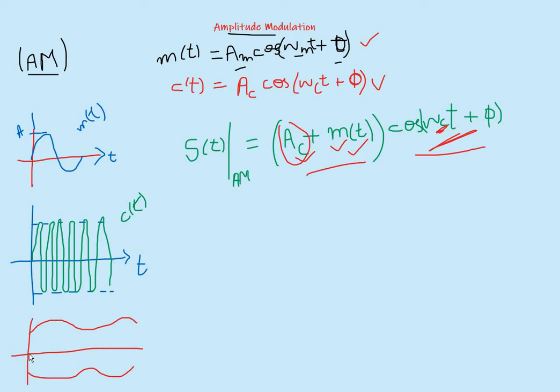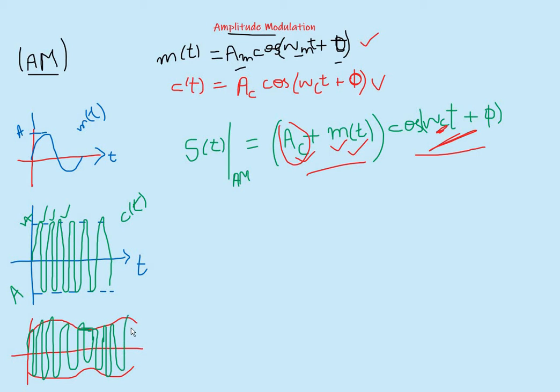Now the carrier signal's amplitude is changed according to the amplitude of the message signal. So this is the carrier signal. The amplitude of the carrier signal is changing according to the amplitude of the message signal. Here the amplitude of the message signal is less, so the amplitude of the carrier signal is also less. Look at over here. We had a constant amplitude for every carrier cycle, right? We had a constant amplitude there, but in this case, it's not so. The amplitude is changing. We don't have a constant amplitude.